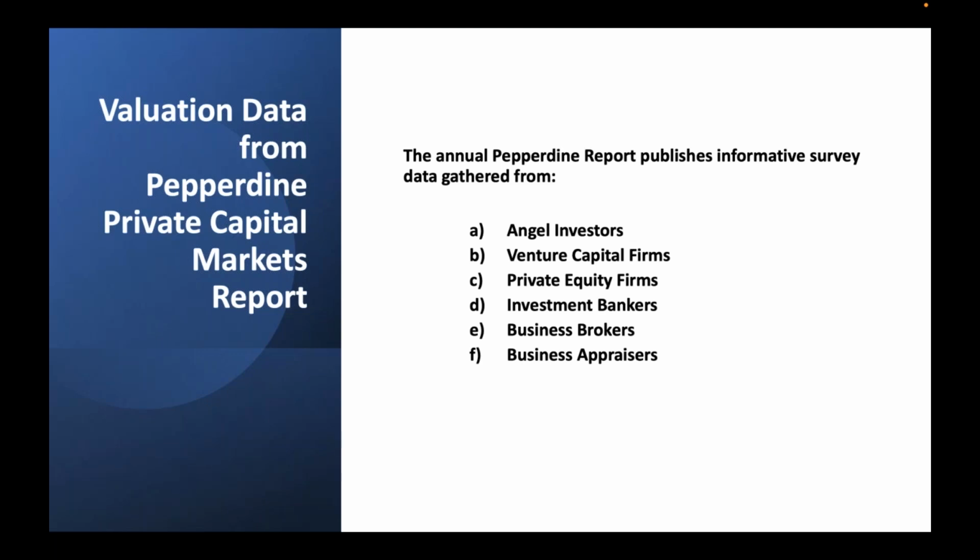So they go out and survey hundreds and ultimately thousands of angel investors, venture capital firms, private equity firms, investment bankers, business brokers, business appraisers, and they come up with all kinds of really interesting, intriguing, insightful data. And the next slide